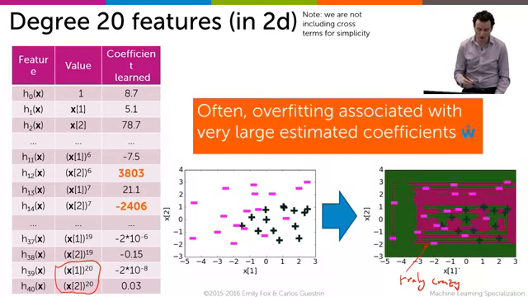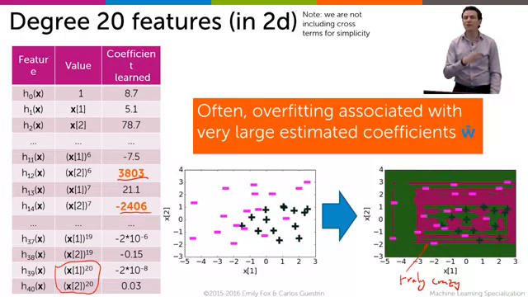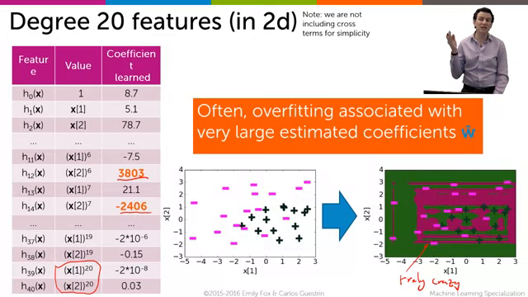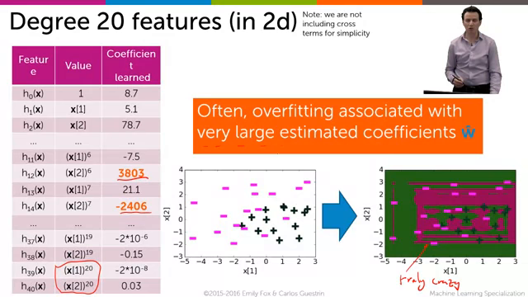And if you look at the learned weights, the coefficients are of the order of 3,000, 4,000, minus 2,000. They're much, much bigger than that simple parabola that we learned. It gets all the training data right, but it's clearly overfitting, and it's clearly outputting very large estimated coefficients. And so we're going to watch very carefully the magnitude of those coefficients when we try